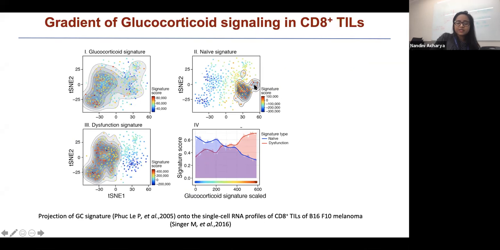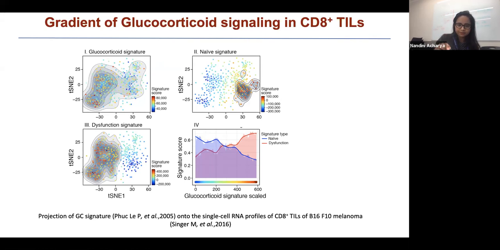And what we found was that the cells that had lower expression of glucocorticoid signature had higher expression of the naive signature. And the cells that were very high for the glucocorticoid signature were also high for the dysfunctional signature. So this data suggested that the naive cells and the dysfunctional cells are at the two ends of the spectrum, where the naive cells express low amounts of glucocorticoid signature and the dysfunctional cells express high amounts of